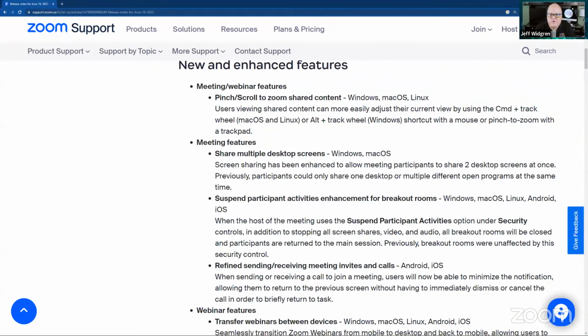So command track wheel or alt track wheel between the two operating systems. Did everybody have success who tried that? So let's go through the operating system itself. So somebody on Windows who could alt track wheel for a Zoom during share. So let me share the release notes again. So we have a share that's present and live. And then if somebody on Windows and Mac could do an alt or a command track wheel, and we've already confirmed that the